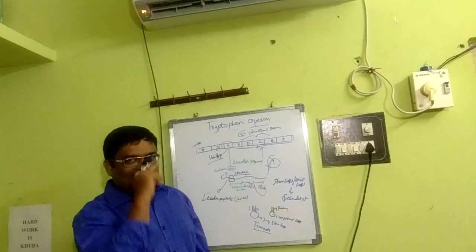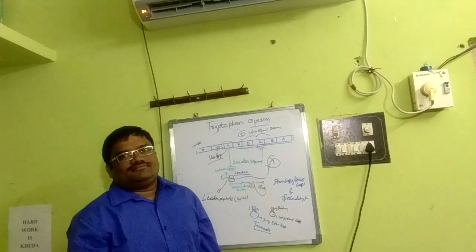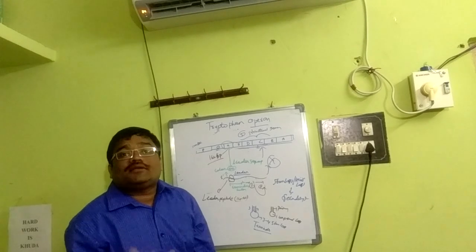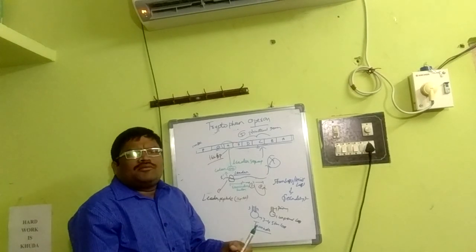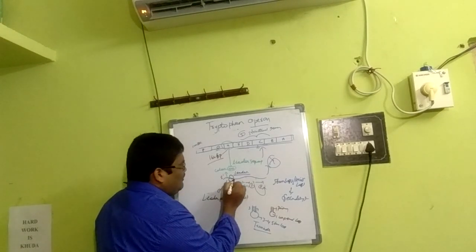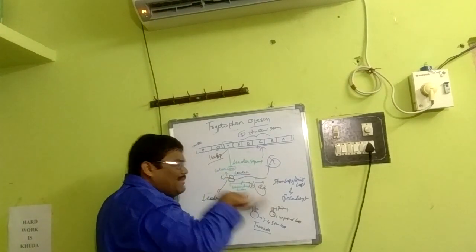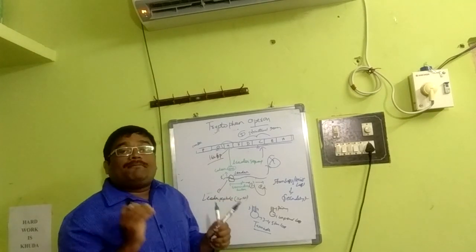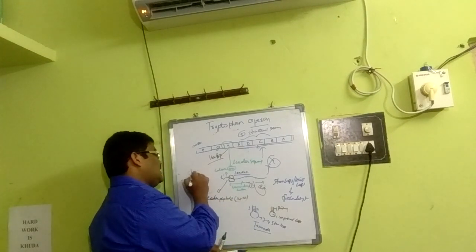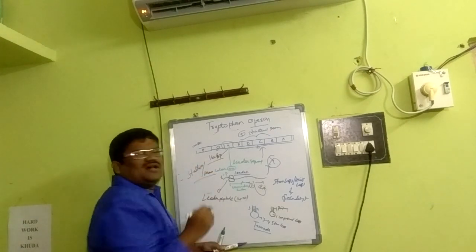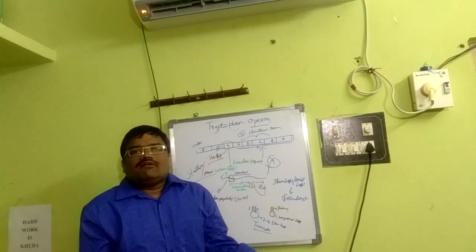Imagine this is one case. That means there is a high tryptophan. Then another case, that means what we call anti-termination. We require tryptophan, that means the availability of tryptophan is less. You know what happens in the second case? The mRNA, in the same manner, when it comes to the tryptophan codons here, just focus here, the ribosome will pause, what we call stalling, because there is no adequate availability of tryptophan.